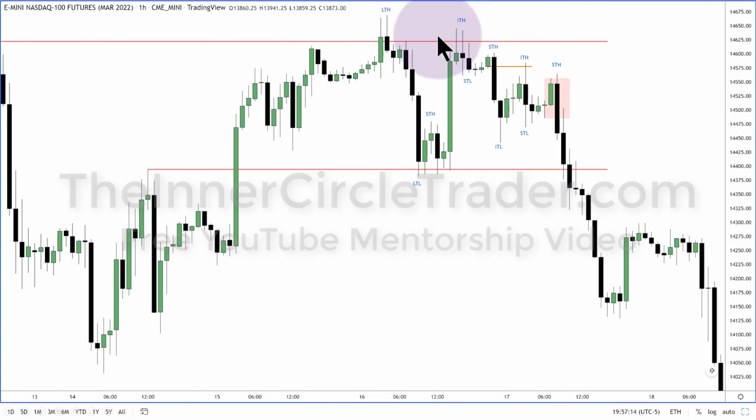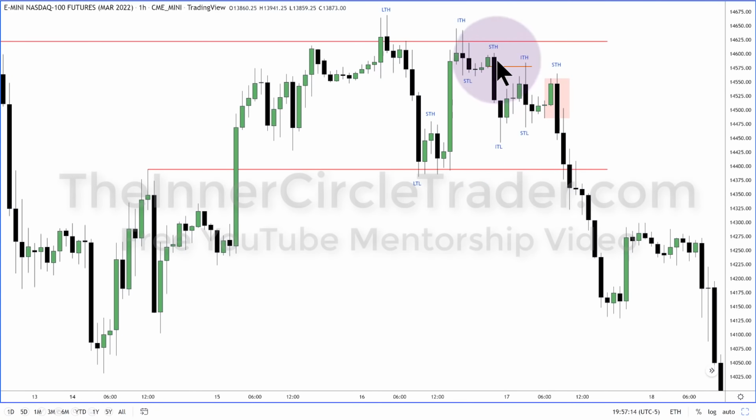Then we have an intermediate term high. Why is this an intermediate term high? Because we have a short-term high here and a short-term high here. So between two short-term highs, the highest high between those, that's an intermediate term high. But the main takeaway for your notes so far is anytime an imbalance, like this big candle up, is rebalanced, that becomes an intermediate term low.